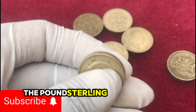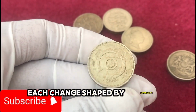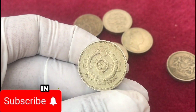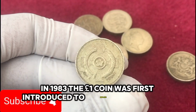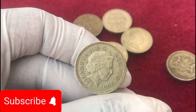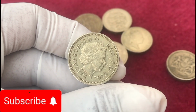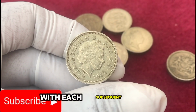The pound sterling has undergone immense transformations, each change shaped by economic necessity, political reform, and artistic innovation. In 1983, the £1 coin was first introduced to replace the paper £1 note. It was a radical change for both the public and the banking systems, as coins were seen as more durable and cost-effective to produce. This shift marked the beginning of a new era in British coinage, with each subsequent year